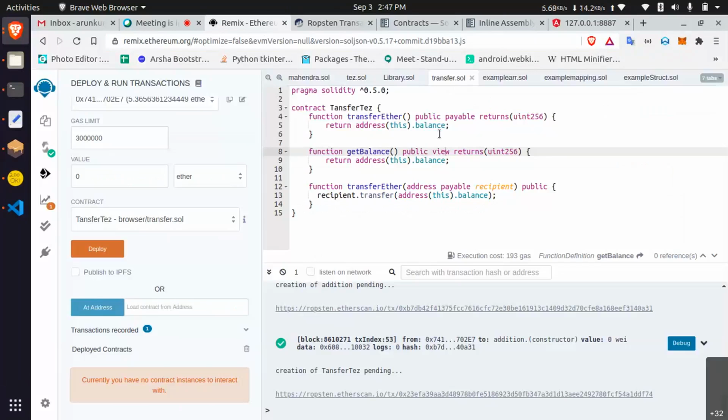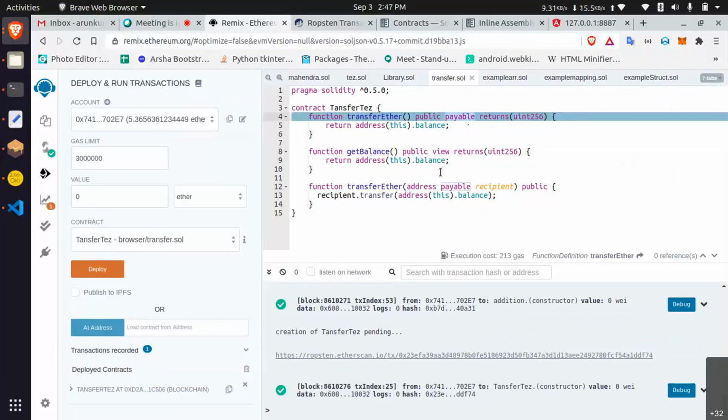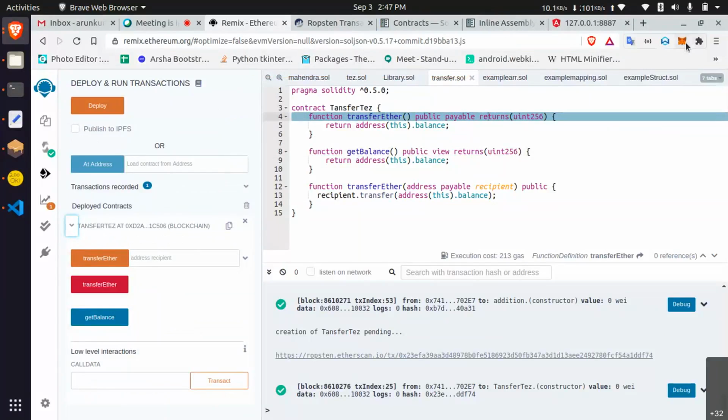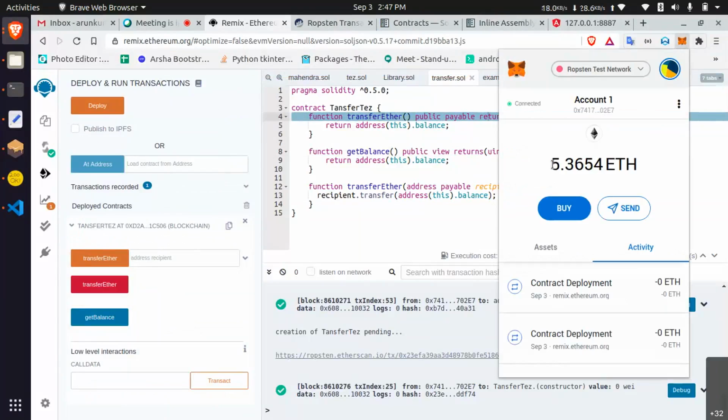Okay, let's see what I typed in that. For example, if you are transferring any ether, this is a payable method. You have to mention that value, and if you mention that value, it will directly come into the contract address. Yeah, this is completed. Let's see my balance: 5.345 ether.